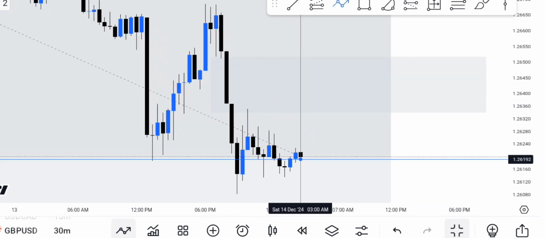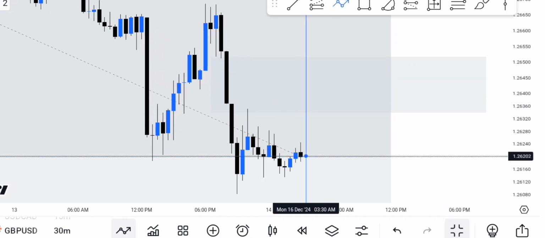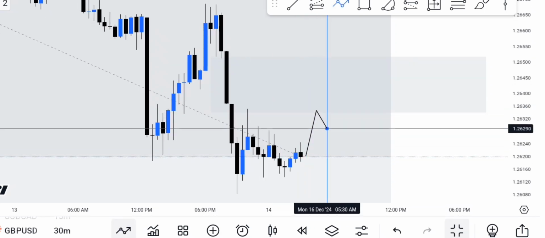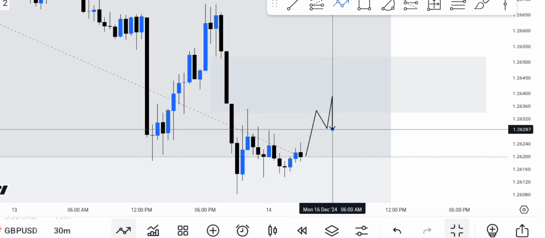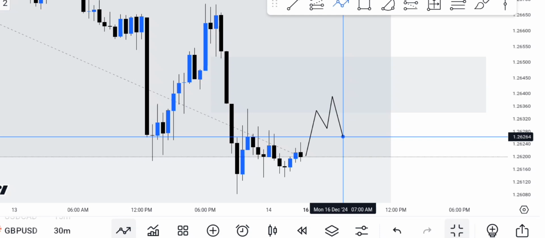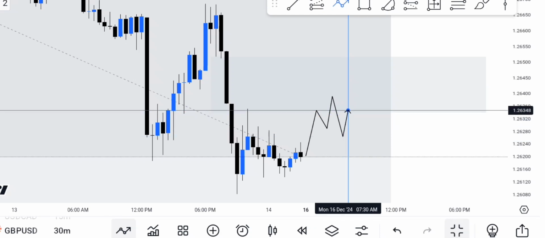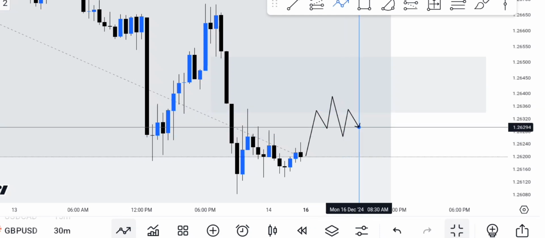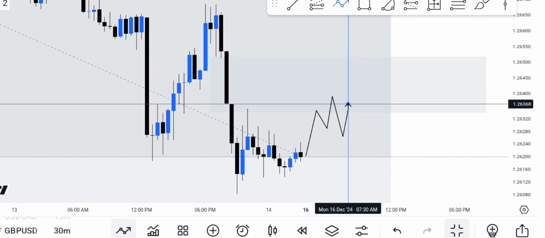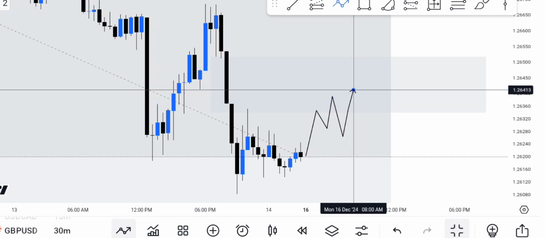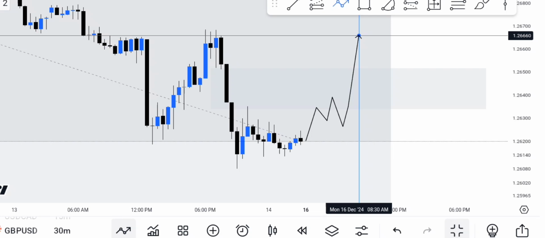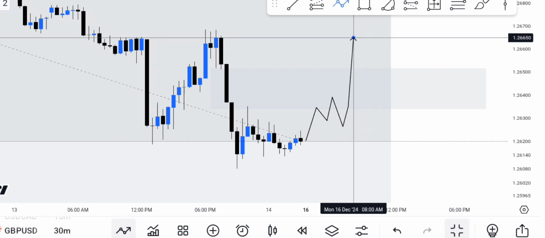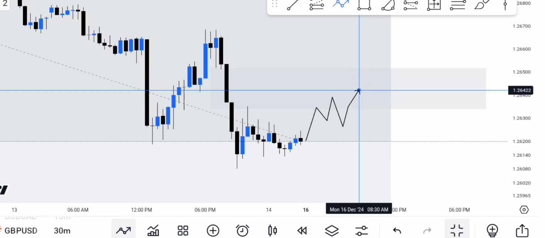If price comes to this range, just move to the 3 minute time frame and wait for a market structure shift. And if price gets a fair value gap, you can enter. Your first stop loss will be this swing high, and if price moves above this swing high, you can simply edit your stop loss above this order block. Okay, and you can target simply